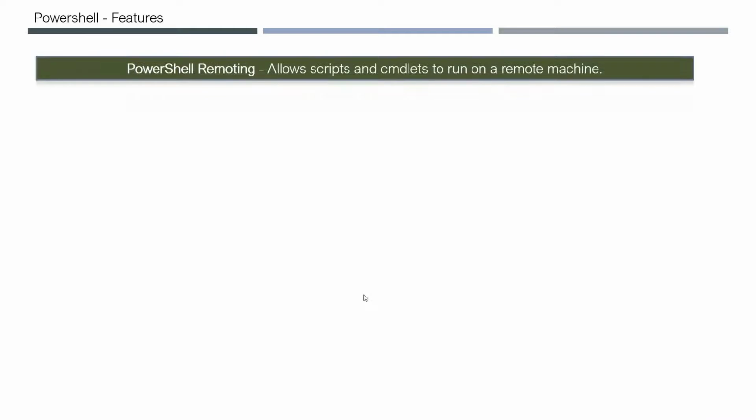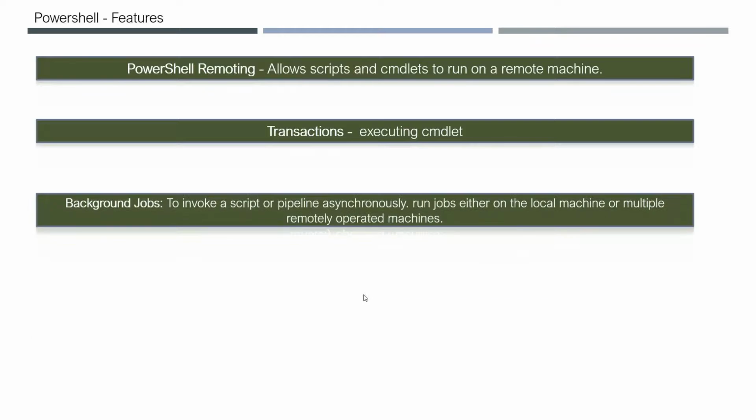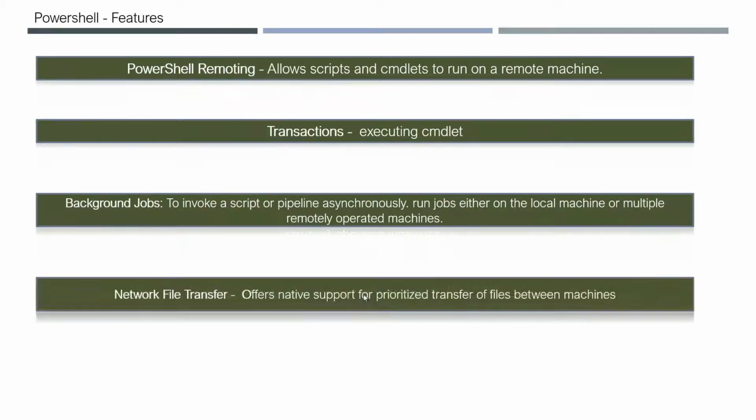And what are these features? As I mentioned, you can run these PowerShell scripts on remote machines, and you can run directly from your Windows PowerShell command prompt. As I told you, if it is PowerShell, the prompt starts with PS. And you can write a script and run it as a background job, or schedule it. You can run it on remote machines, even hundreds of them. And you can use it for network operations like copying files, etc.